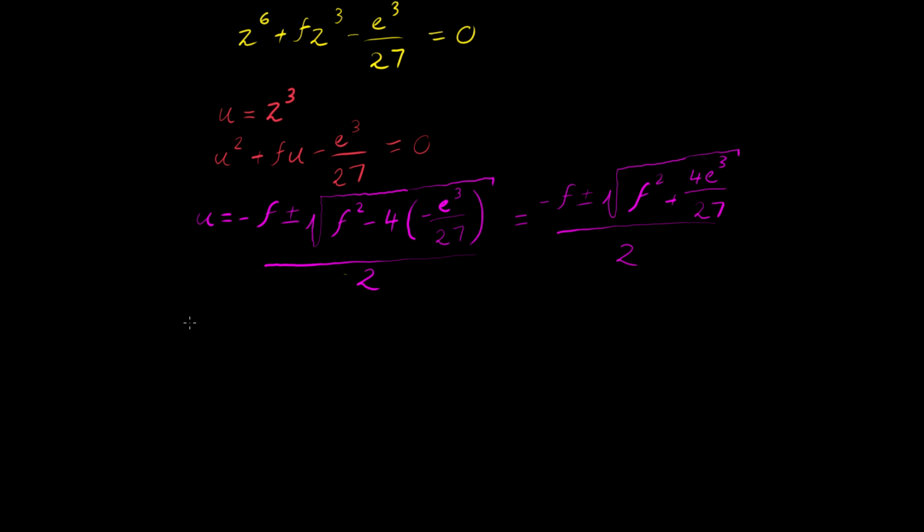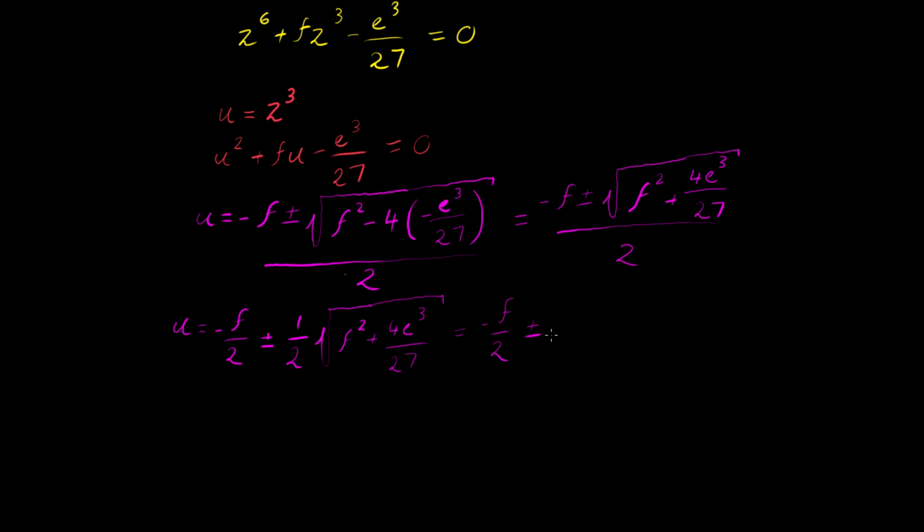So let us rewrite this as u is going to be equal to negative f, let's divide everything by 2. So negative f over 2 plus or minus a half times the square root of what we had in here. So it's just going to be f squared plus 4e cubed over 27. So now let's bring this 1/2 inside the radical. So we're going to have negative f over 2 plus or minus